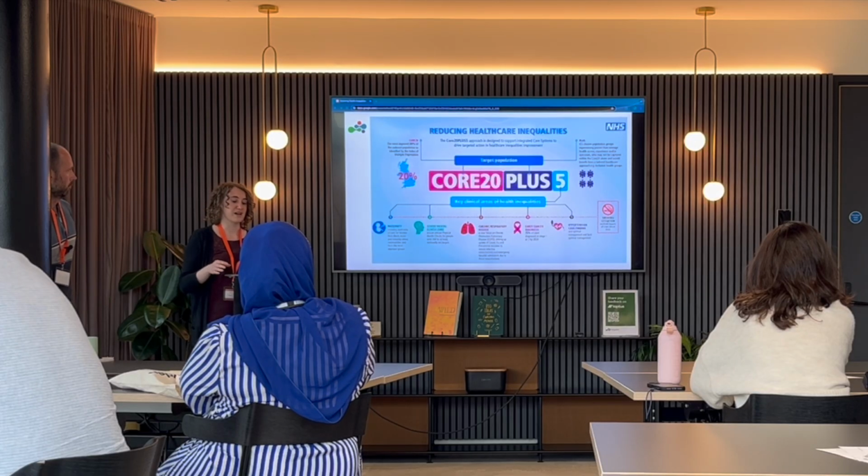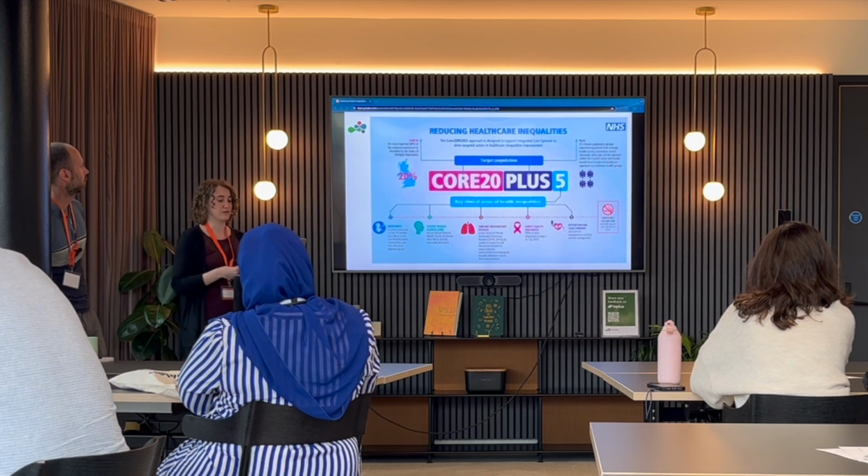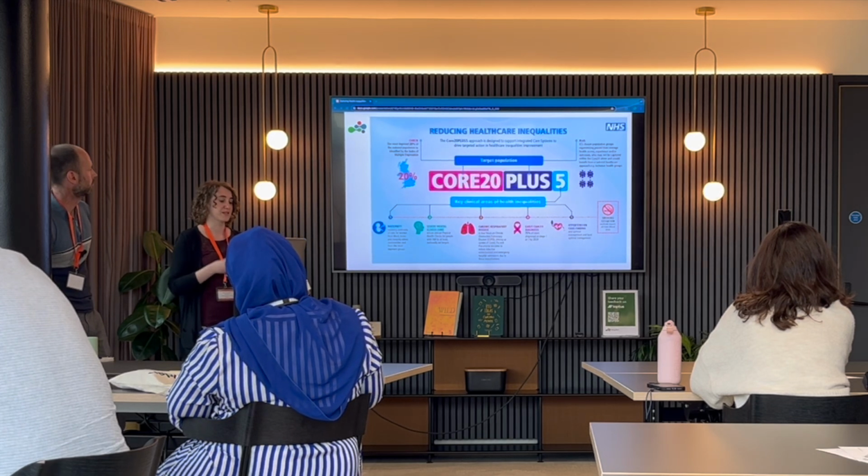And the 5 refers to the 5 clinical areas of focus which require accelerated improvement. Although common mental health disorders are not one of these clinical areas, we see how these are applicable in talking therapies through the integration of long-term conditions in talking therapy. Many talking therapy patients will have many of these conditions.